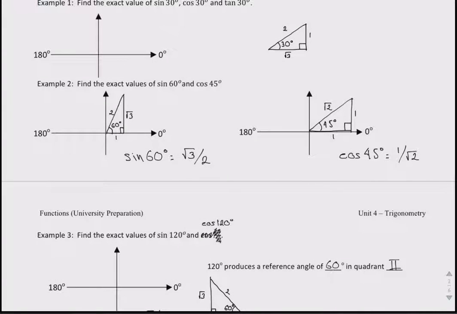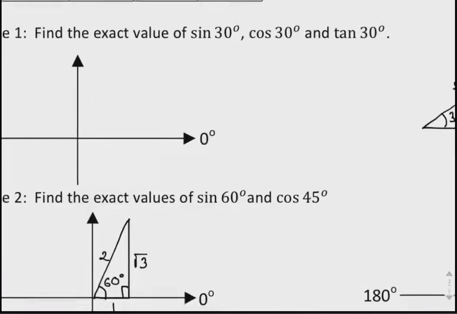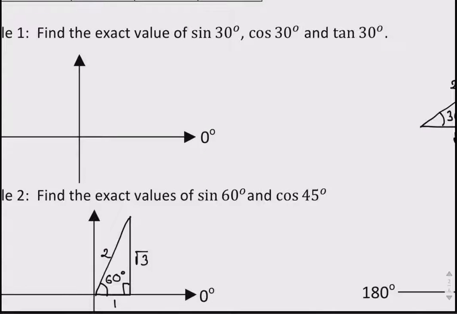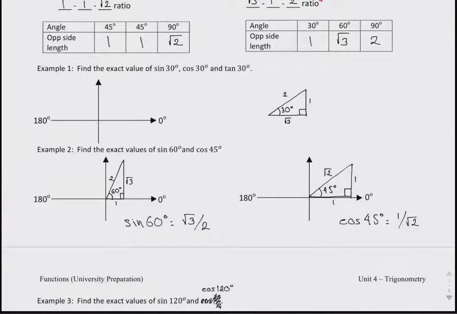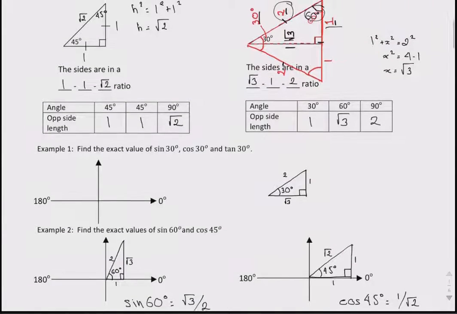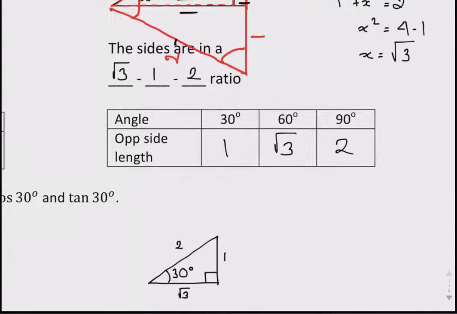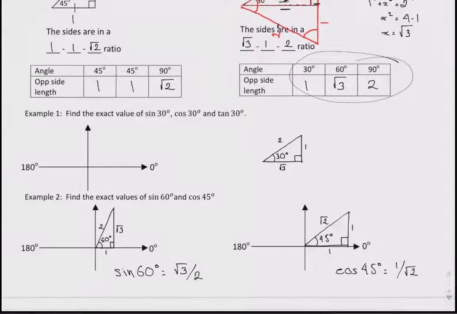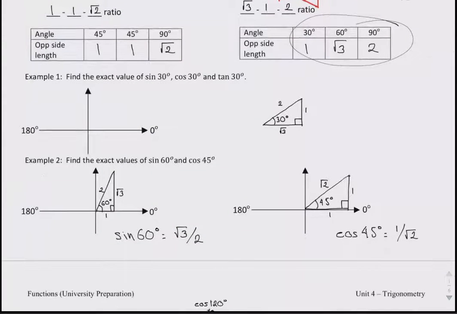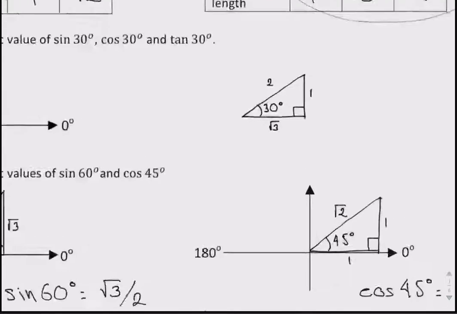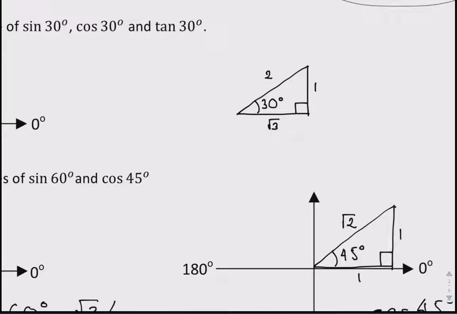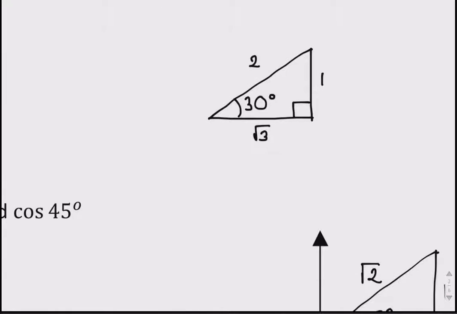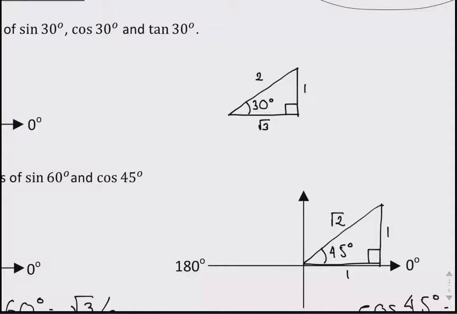Looking at our first example now, we want to find the exact value of sine 30, cosine 30, tan 30. Now from before, we know that the triangle that has 30 degrees in it is this one here, the 30, 60, 90 triangle. Now the way I do these type of problems is very visual, which should be helpful to you in solving them. What I do is, once I've determined the angle that I'm looking at, I draw the corresponding triangle. So I know because I'm using 30 degrees, I'm going to be using the 30, 60, 90 triangle, which is this one here. I label the sides accordingly as we did above,